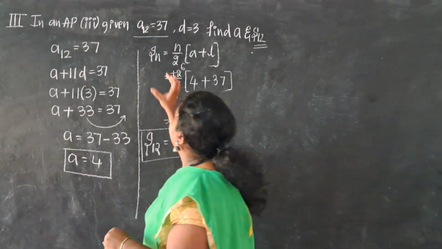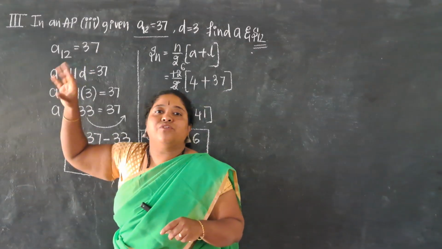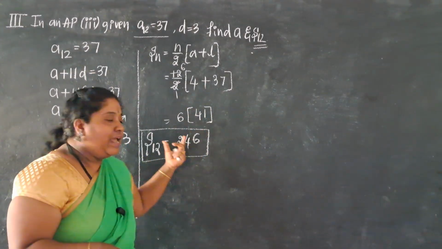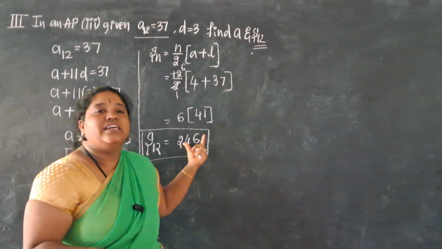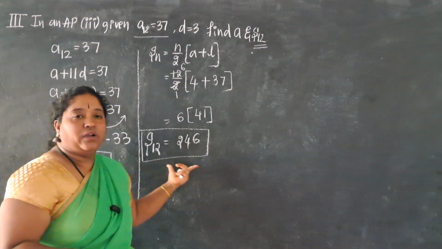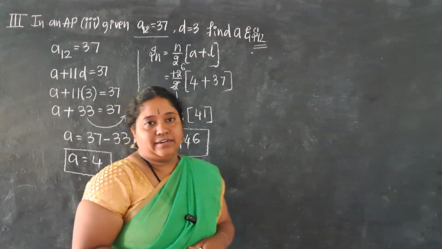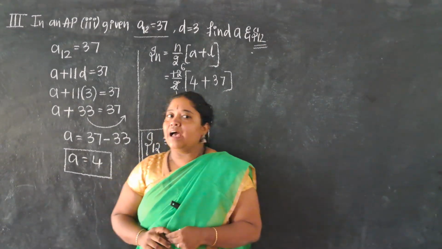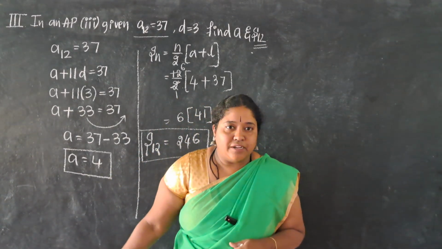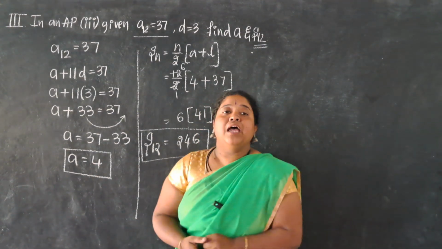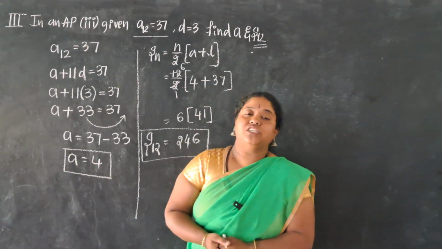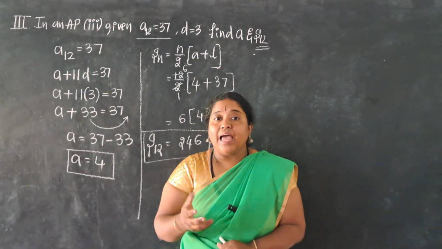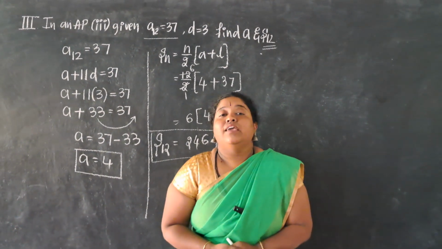This is how it works. Whenever this kind of information is provided, first write it in split form and substitute whatever values are provided. You will get the hint, and if you proceed with the hint, you can calculate whatever values are required. So this is about today's class, and practice as much as possible. If you have any doubts regarding the chapter, please write in the comment section so that I can clarify your doubts.